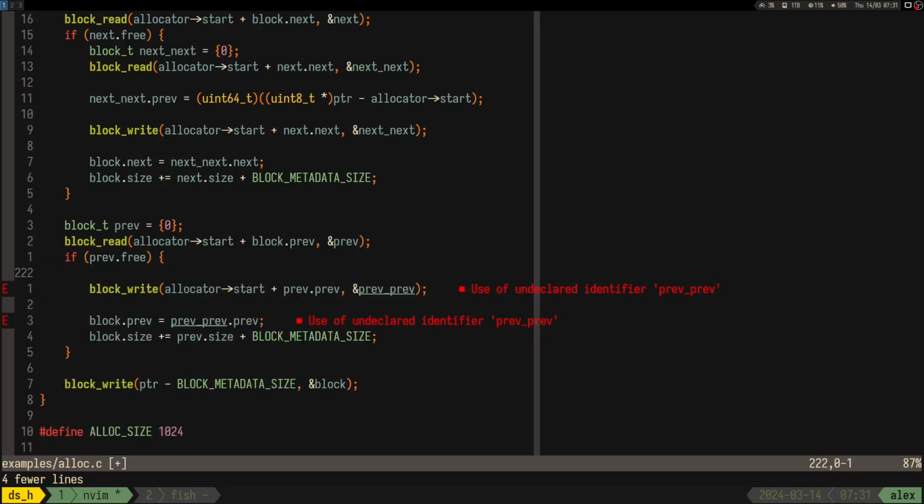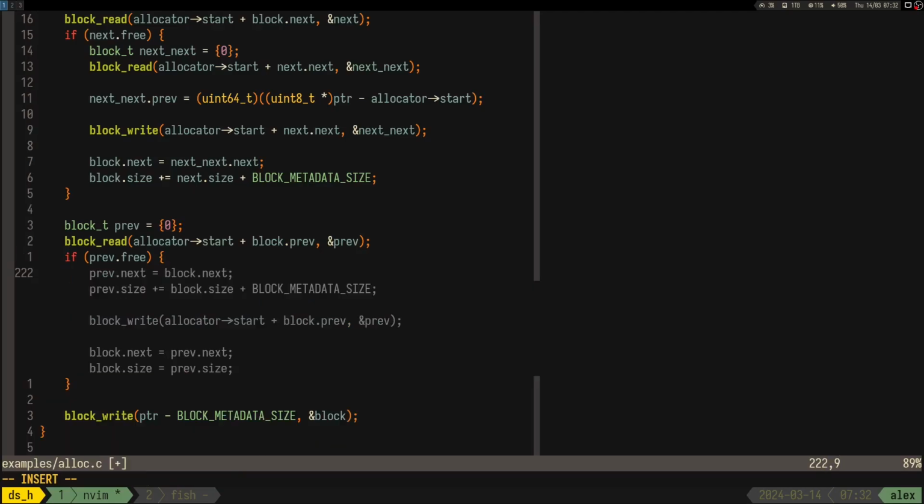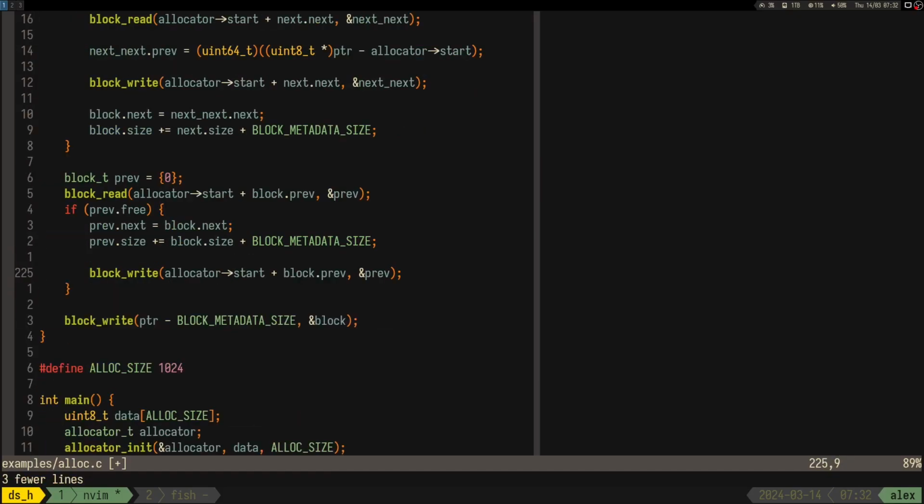If the next node is free, then the one after it for sure is not gonna be free. So you can merge them safely. And at first I did merging with next first, but I realized that if you merge with previous first, it's gonna be a bit easier,